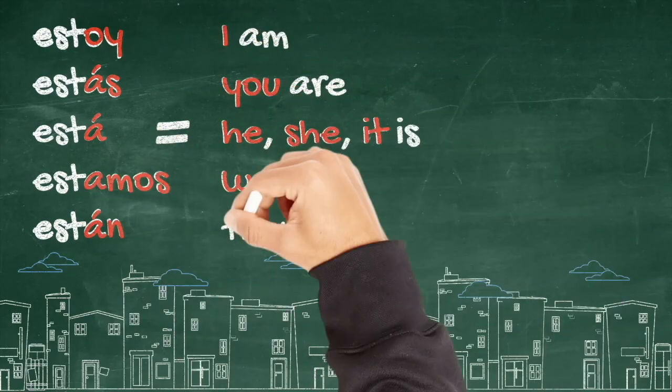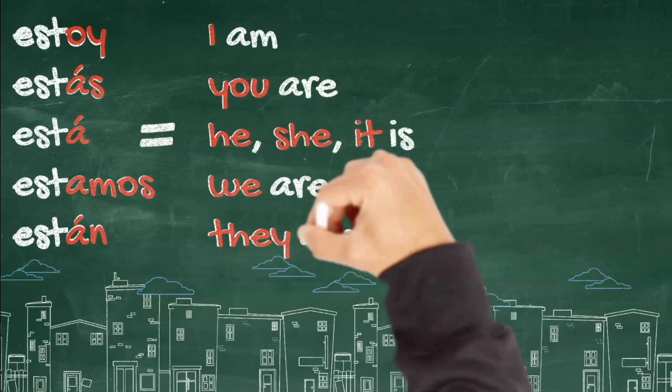Now, you have the hoy of estoy, and you know that that refers to yo, right? Which in English is I. And you have the as, the estás. You know I'm referring to tú, and we know that tú means you, right? So it's you are. So you can see the correlation there, right? Estás referring to you are. We're using the same logic to talk about the same things. Está, we're always referring to él or ella, right? He, she, or it too.